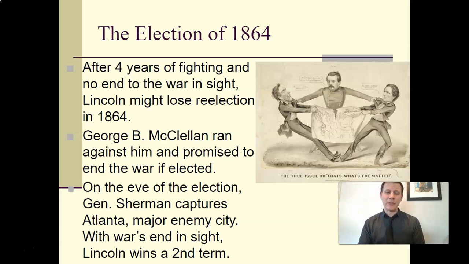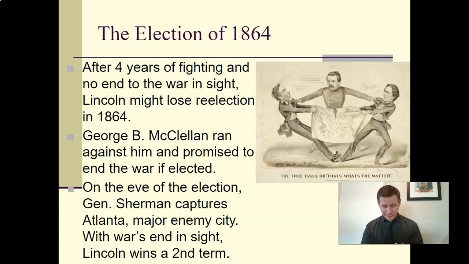Lincoln was actually asked to postpone the election, to cancel it, or wait until the war is over. But Lincoln, to his credit, said, we're fighting to preserve the Union. We're fighting to preserve the United States. And what a hypocrite I would be if I cancel an election because it might be detrimental to me. No, the election will continue. It's actually the very first election to take place in time of a civil war. Even if I lose, it's not worth canceling it if we lose our way. So the election will continue.